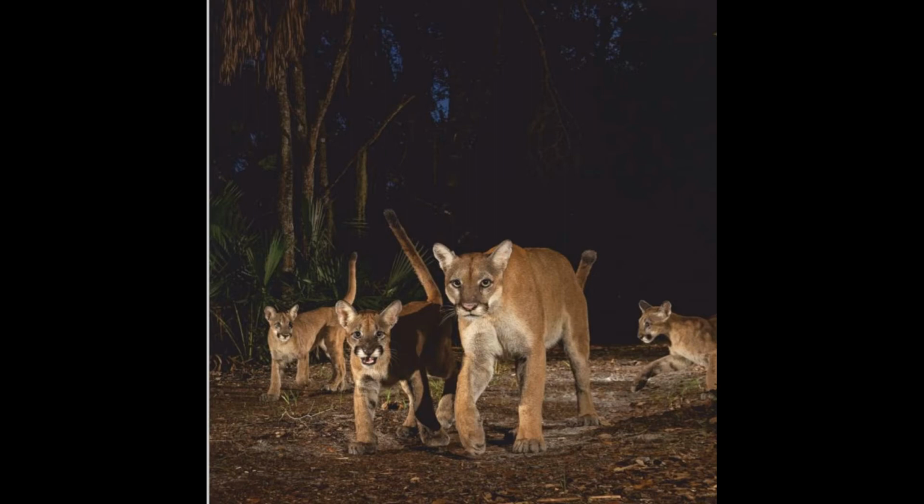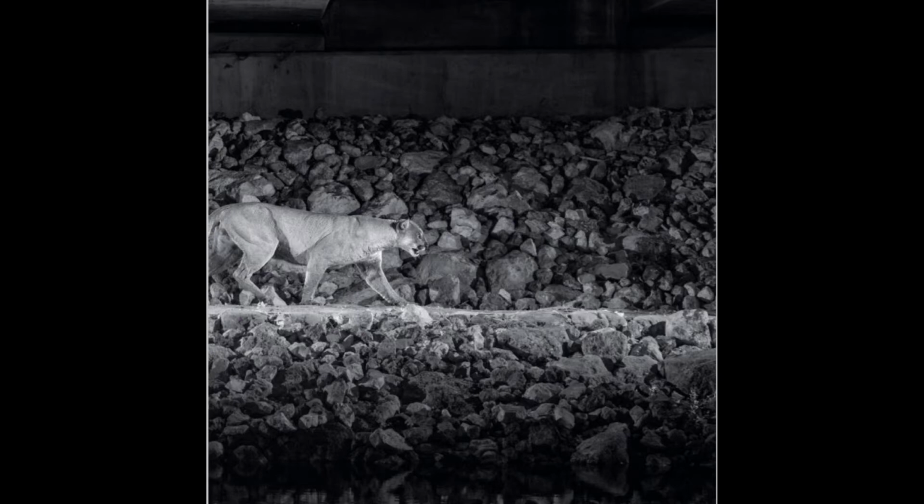The northward expansion is necessary for panthers to survive long-term, but it's possible only if the Florida Wildlife Corridor, a patchwork of public and private lands that runs throughout the state, is preserved, Ward says. To make that possible, more conservation funding is needed to help landowners, mainly ranchers, prevent open spaces from becoming subdivisions, parking lots, and roads. At the center of the panther's northward recovery is a landscape known as the Everglades Headwaters,